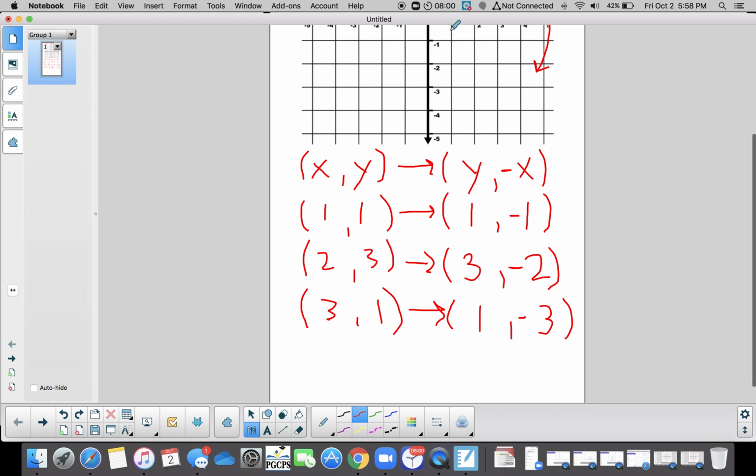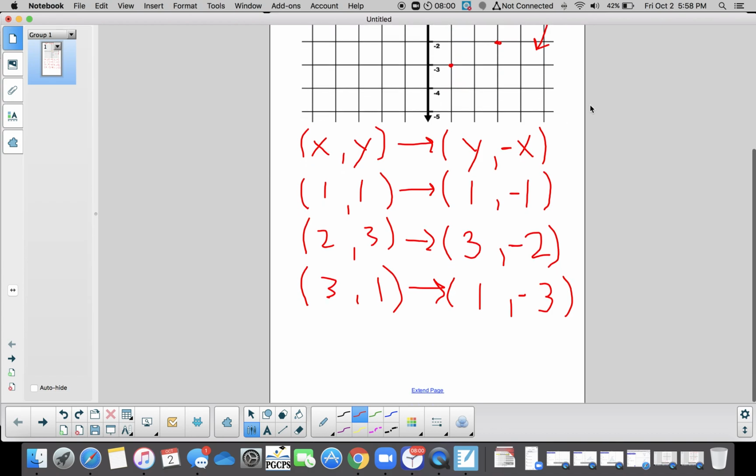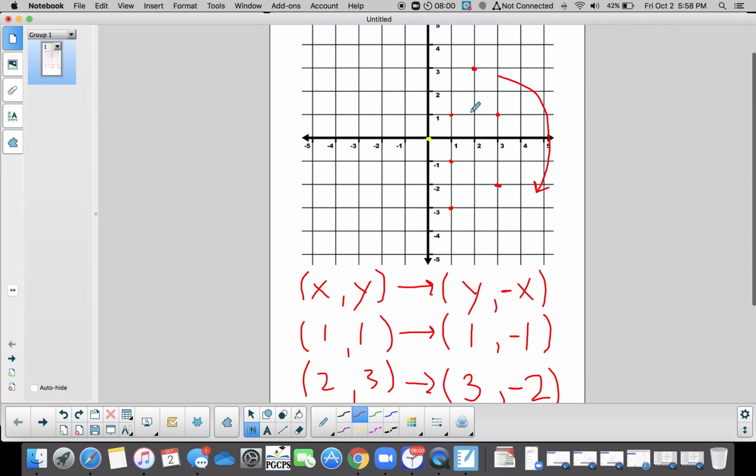So without even looking at the shape above, I'm going to sit here and put it here. So we have 1, negative 1. So we have a point here at 1, negative 1. 3, negative 2. So we're going to go to 3, negative 2. And then we have 1, negative 3. So if we look at the picture, and now if we connect the dots,